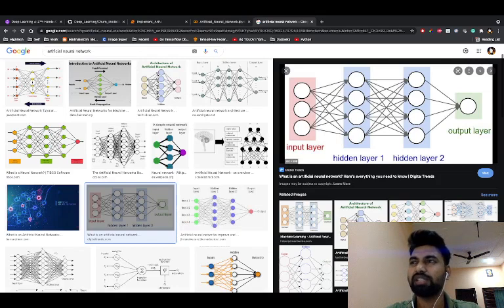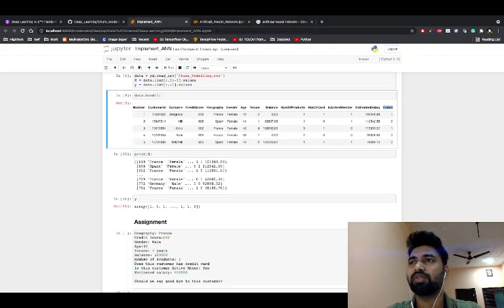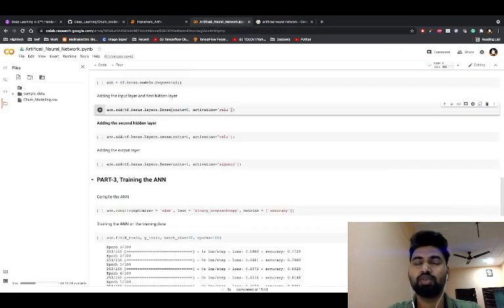In the hidden layer in the diagram, you will see 1, 2, 3, 4, right? But here in our data set you will see from the credit score 1, 2, 3, 4, 5, 6, but these are more than 6. So guys, there is no thumb rule here. We need to change from 5 to 6 to 7, 8, and I tried and decided to make it 6, right? And here guys, we still haven't completed it. We need to pass the activation function. So the activation function would be ReLU, rectified linear unit.